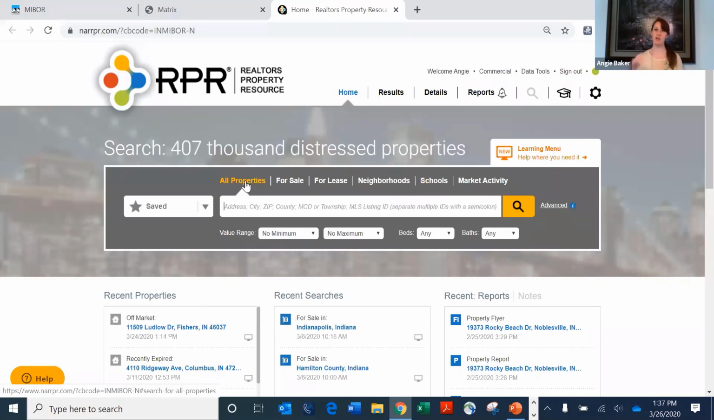Similar to Matrix, if you've seen me demonstrate the public record search in Matrix, same thing here. It's a tax level search. So regardless of the status or the availability of that property for purchase, it's going to show up. So any address, you can put any address in here. The other nice thing with this all properties search